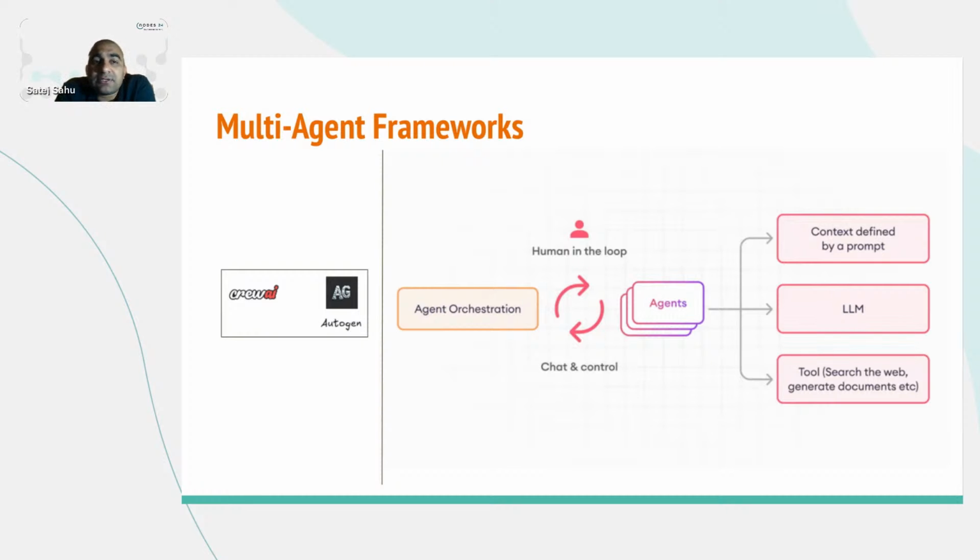Some of the examples of multi-agent frameworks in the area are Crew AI, AutoGen, and there are others also, but these have been a bit popular in terms of how companies and organizations, and also around the open source framework environment. In general, talking about a multi-agent framework, you can think about two particular areas where now, if we think about a RAG model or a very general RAG architecture,